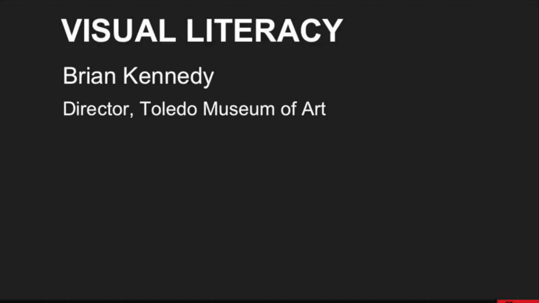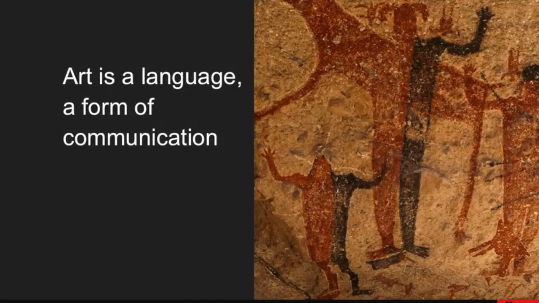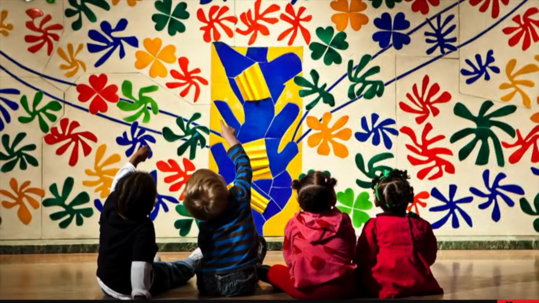So what is visual literacy? Well, art museums can teach a lot about it because art is a language. It's a form of communication. So to be visually literate, you've got to know the alphabet and the vocabulary and the grammar of seeing. Little children, we're told, from the first day they have on the planet up to the age of 5, take in more information than at any other time in their lives. They're truly sentient beings taking in information with all their human senses all the time.